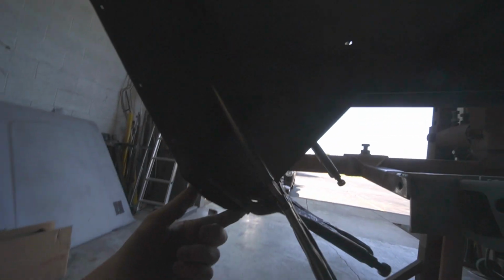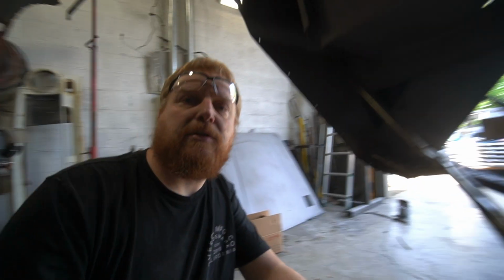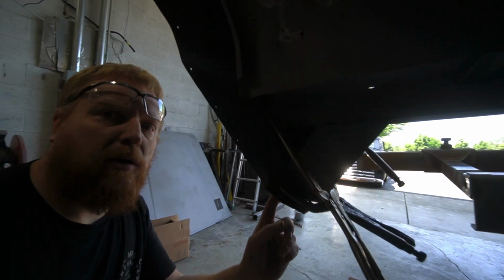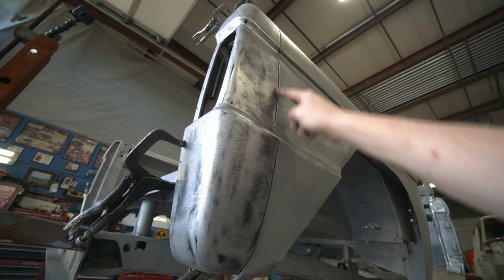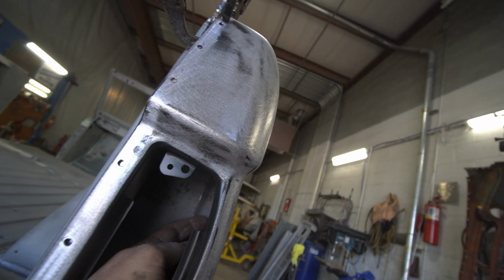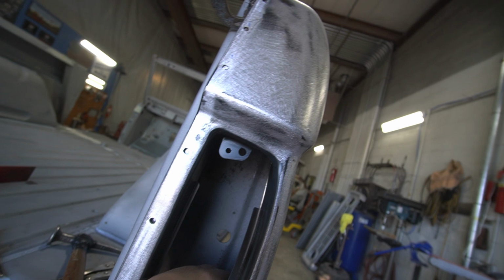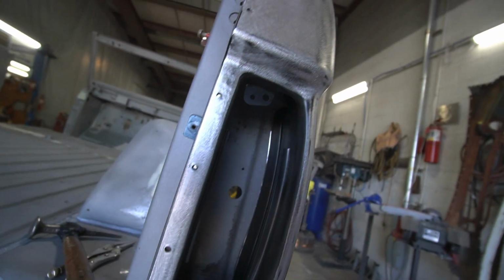I'm only going to weld to about here, and then I'll start working this area down here over with a hammer and dolly, probably weld the bottom of this, but right now I'm just worried about getting the top of this the best I can. I'm gonna just reach in here and weld these 2 or 3 little 1/2 inch long spot welds in there,